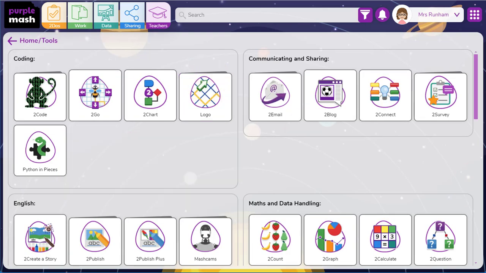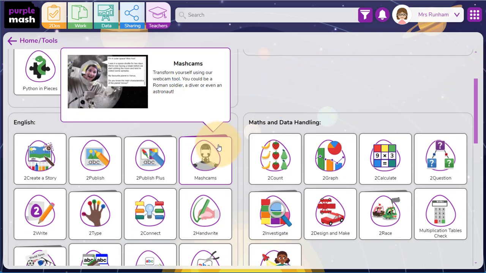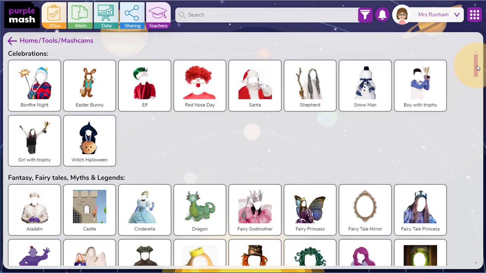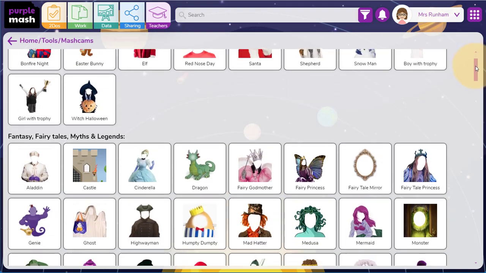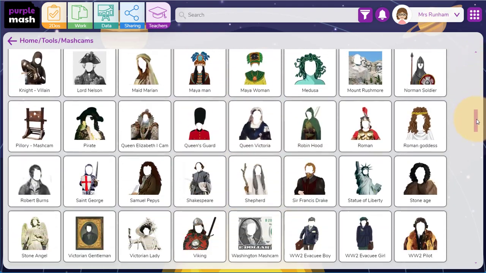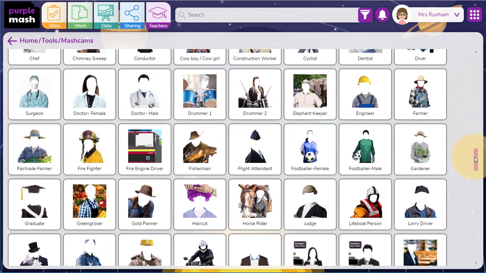If I go into Tools and I scroll down, I'll find mash cams. I can use mash cams to become whoever I want to become. You may well find there's some characters in here that are representative of some of the characters in your book. If I scroll down, I can browse some of the different characters available and then choose, for example, let's go